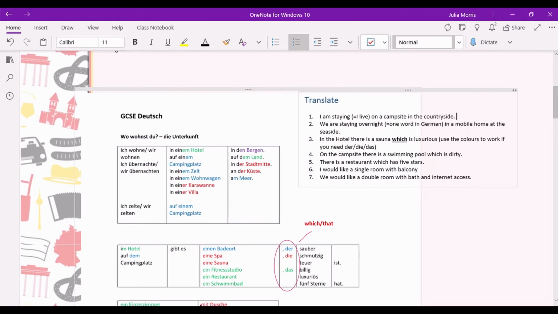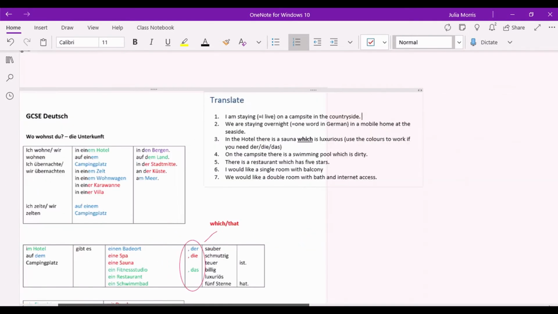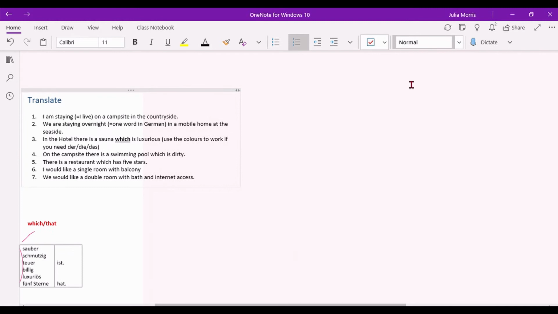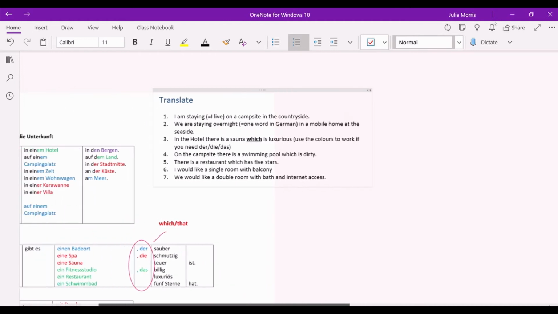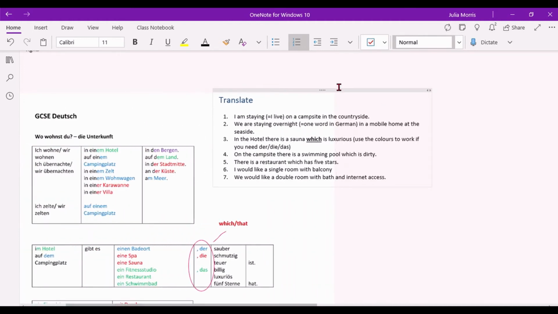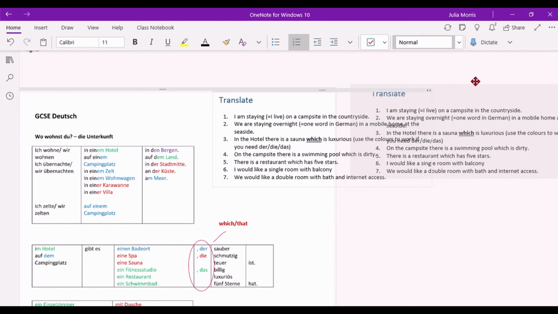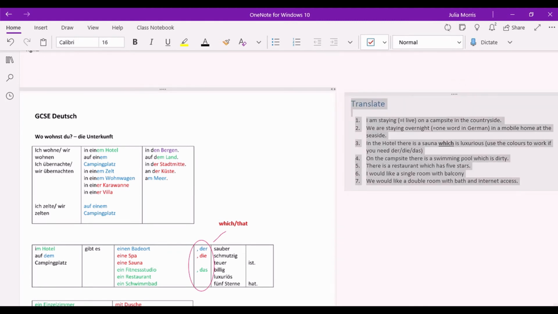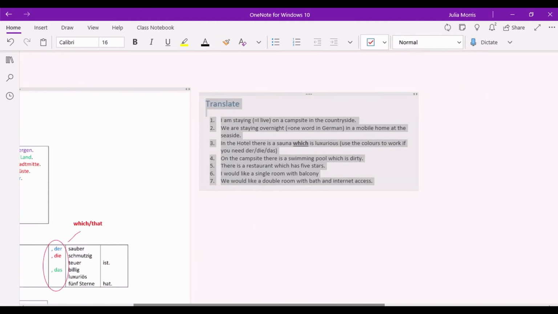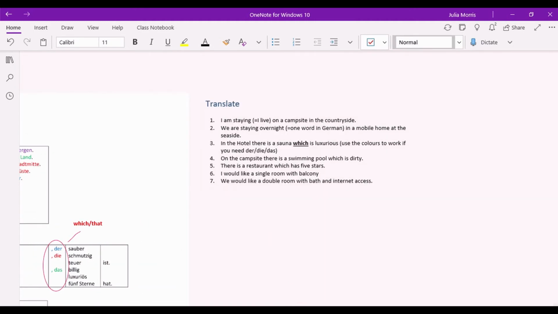That is the nice thing about OneNote, that the page is unlimited, so they can take up as much space as they want over here, and they can go all the way over there and just take it up. Or any student can just take this box and move it around if they want to do that. So if they find it annoying that it's halfway overlapping this worksheet, they could put it over here and then write underneath it to have more